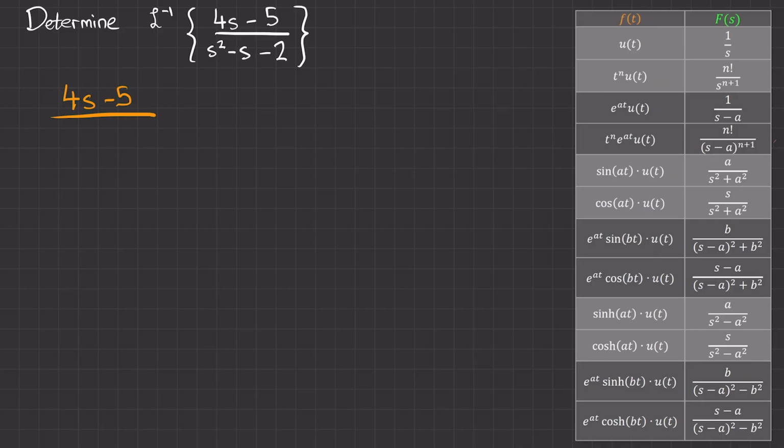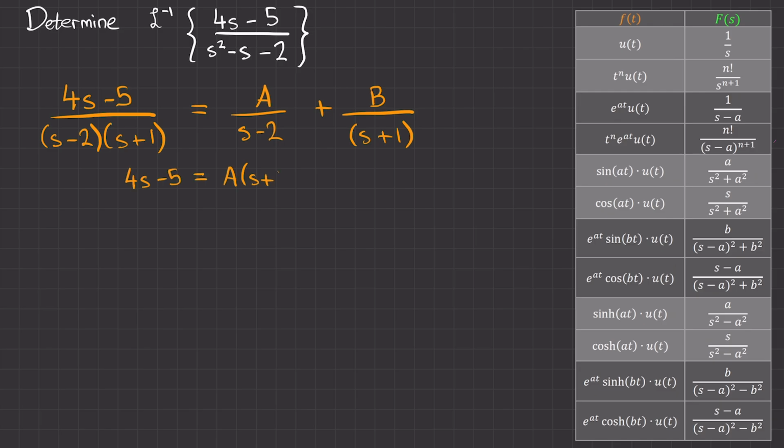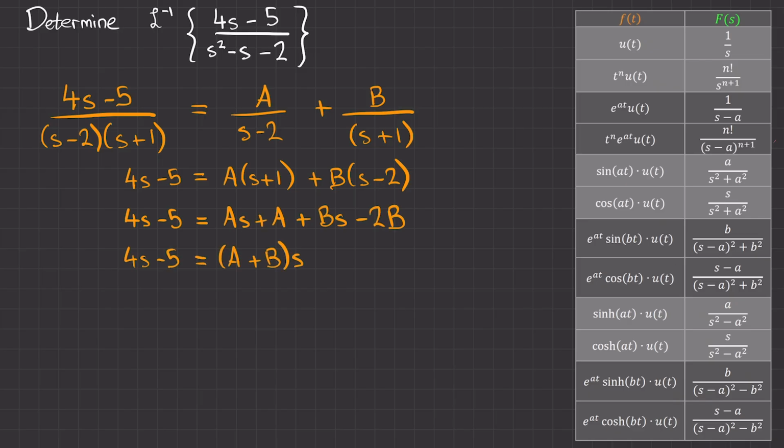Focusing on the denominator, we can factorise this to get (s - 2)(s + 1). This will then split up into A over s minus 2 plus B over s plus 1. I won't be delving much into the partial fractions process as this video is about using partial fractions for Laplace. We can see that simplifying this we get our separate expressions, which in this case we can compare to get